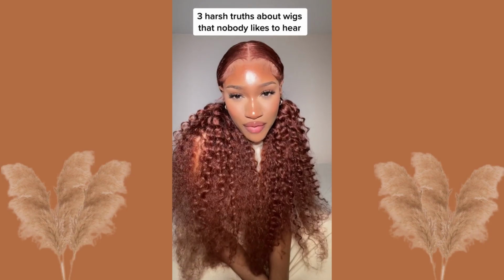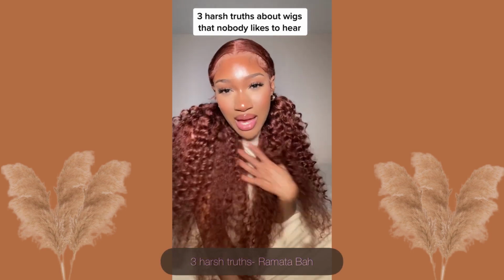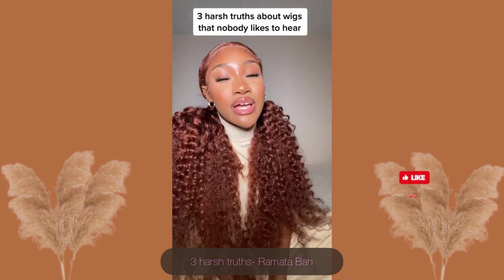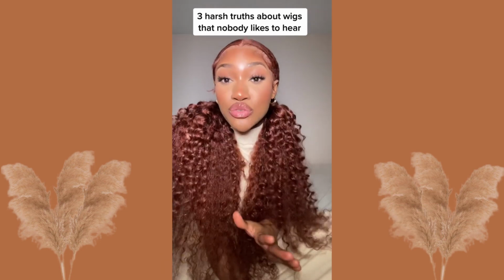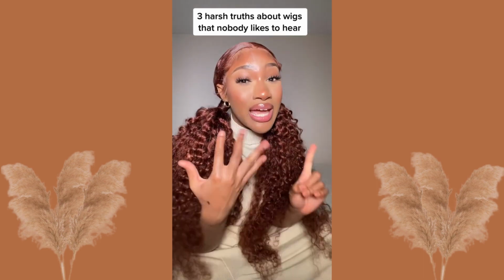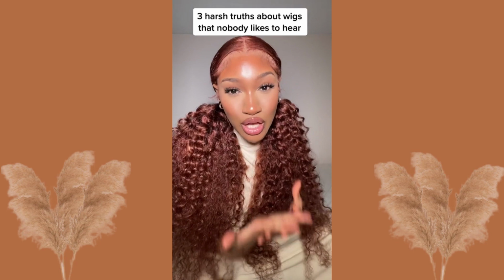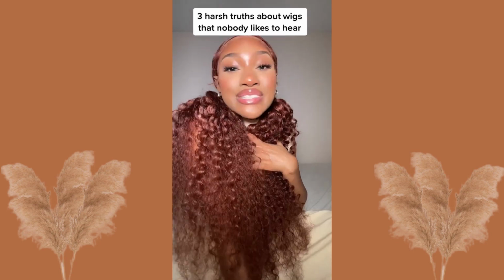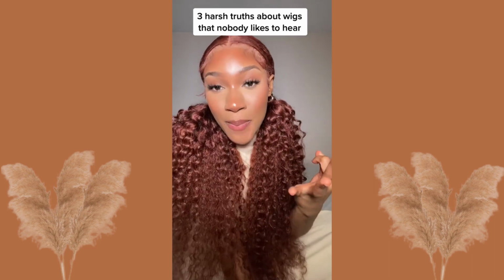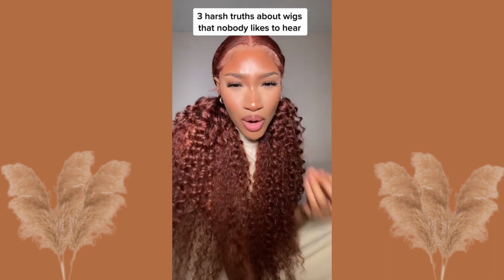If you wear wigs or have ever thought about purchasing and wearing a wig, please stop scrolling. I've been seeing a lot of people on my For You page complaining about wigs and the maintenance of it, and slowly going back to sew-ins, which is fair, but I feel like a lot of people could save themselves some time, money, effort, and resources just by understanding whether wigs are the protective style for you or not. I have taken it upon myself to share 3 harsh truths about wigs that people need to know, but often